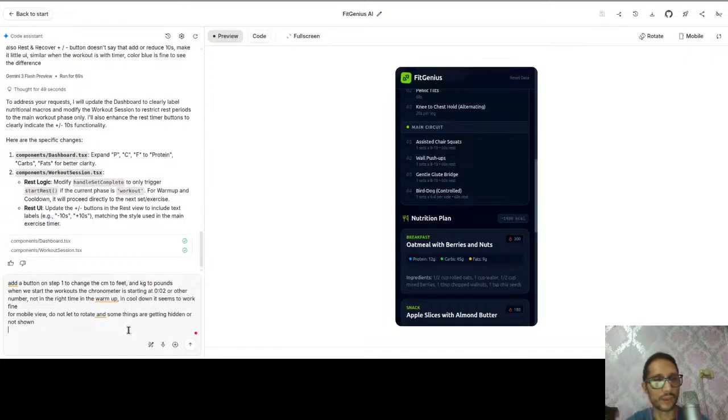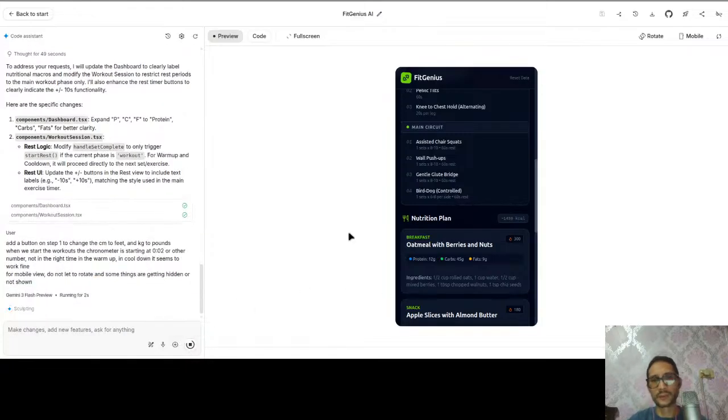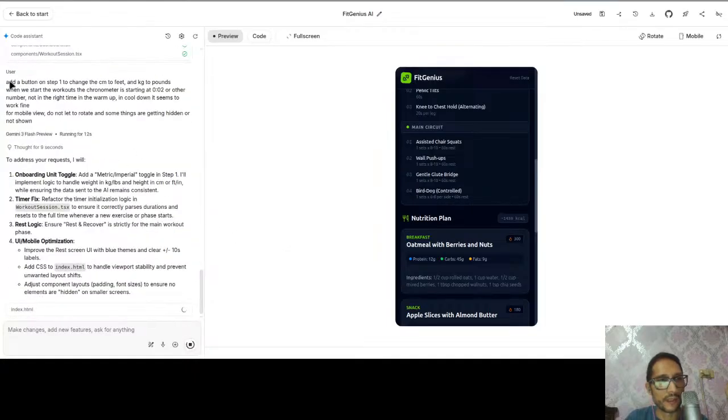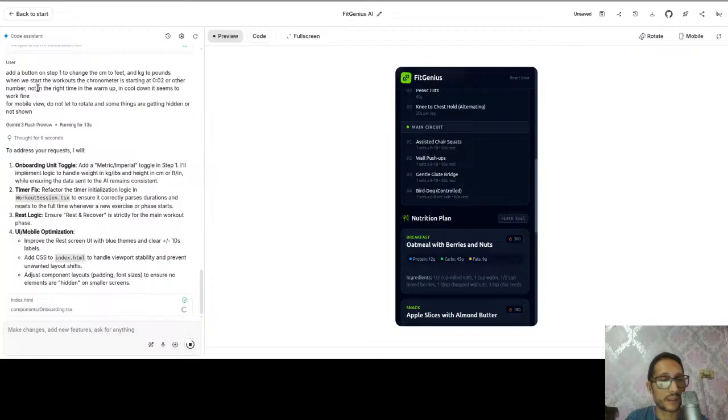Okay, so now I'm improving. Step 1, change centimeters to feet, kilograms to pounds. Adjust the button. Then at the beginning of the workouts, the chronometer starts at a random number, not the right time, especially in the warm up. That's something that I'm telling it to change.